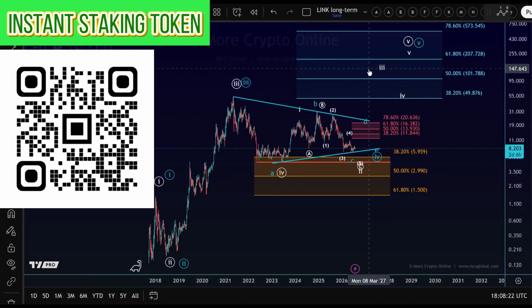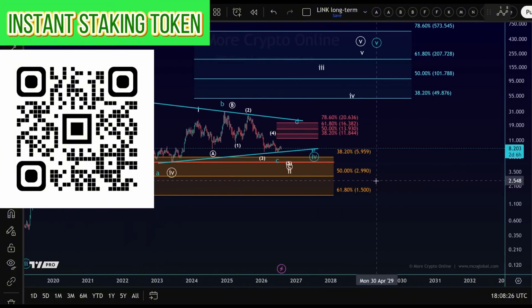But again, I would not really call that a target until the market actually gives us a reason to believe that a low is in. But we'll, of course, stay very close to it. But, I mean, you don't necessarily want to talk about these targets only when the market has started the move. You guys want to be prepared, right? That being said, be aware this is an altcoin, and Chainlink has not yet confirmed the continuation of the uptrend.